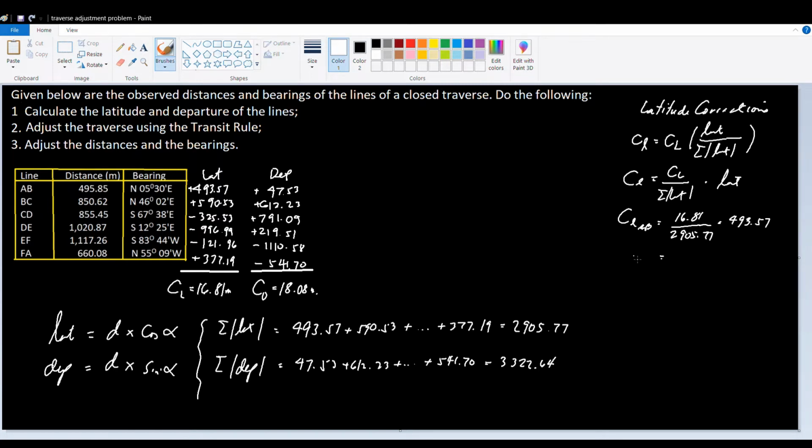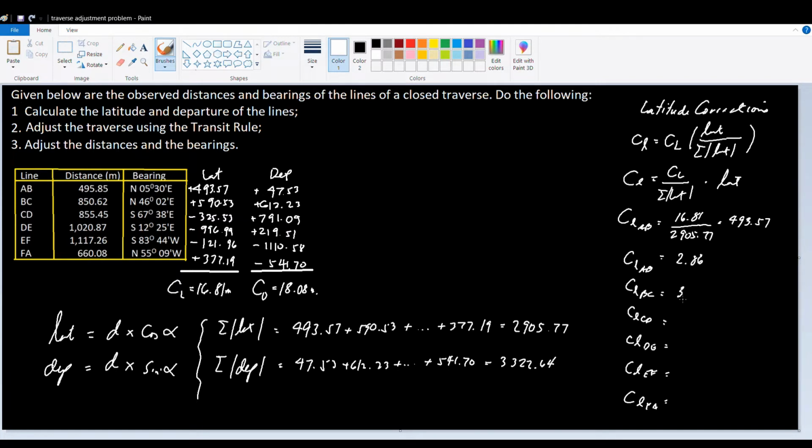And so the correction for the latitude of line AB will be 2.86. We apply the same formula for the other lines, BC, CD, DE, EF, and FA. And the values that we should get are as follows: